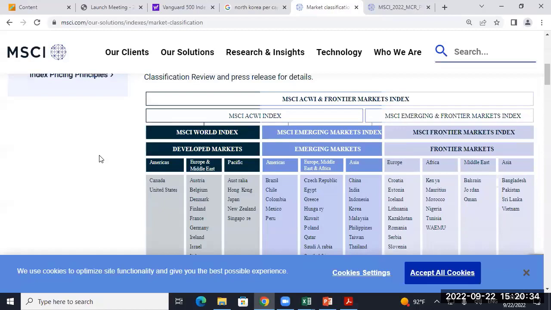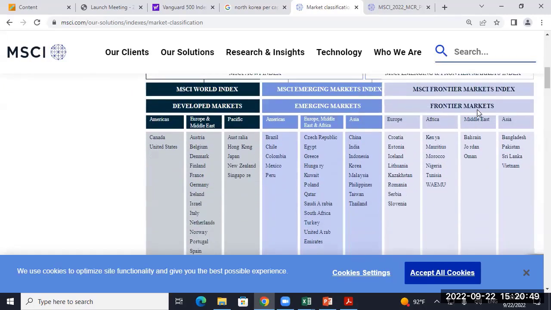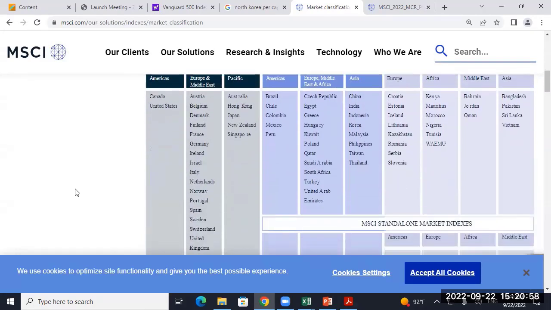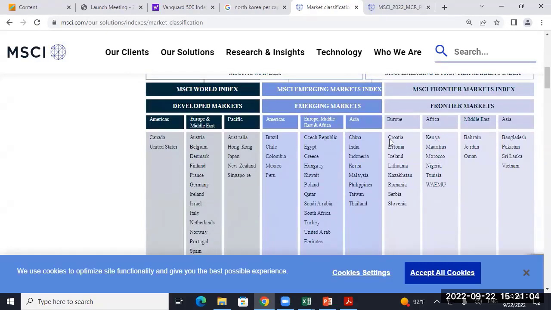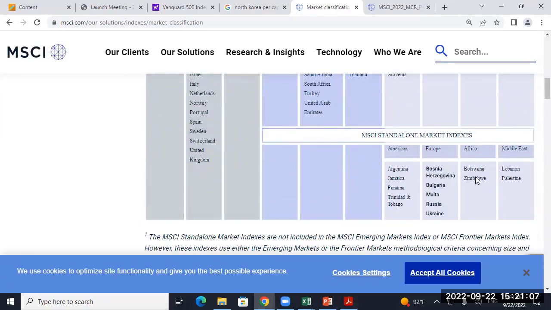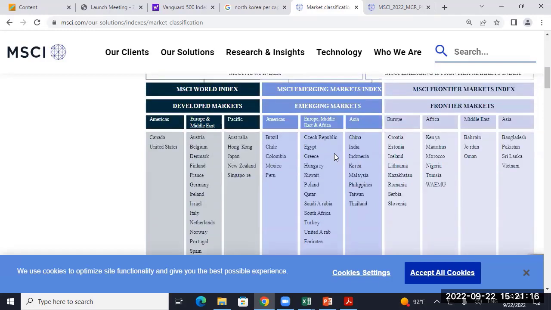So that's how they classify them. You know, there's what, 195 countries in the world. You notice a lot of them are missing. North Korea probably doesn't have a stock market. Where's Russia in here? I don't know if they're Europe or Asia. I don't see Russia at all. Botswana's in there. Where's Botswana? So they actually have a Botswana in Zimbabwe. Russia's there on a standalone. So they have standalone indices. If you want to invest in Russia, you can get your own index just for Russia.